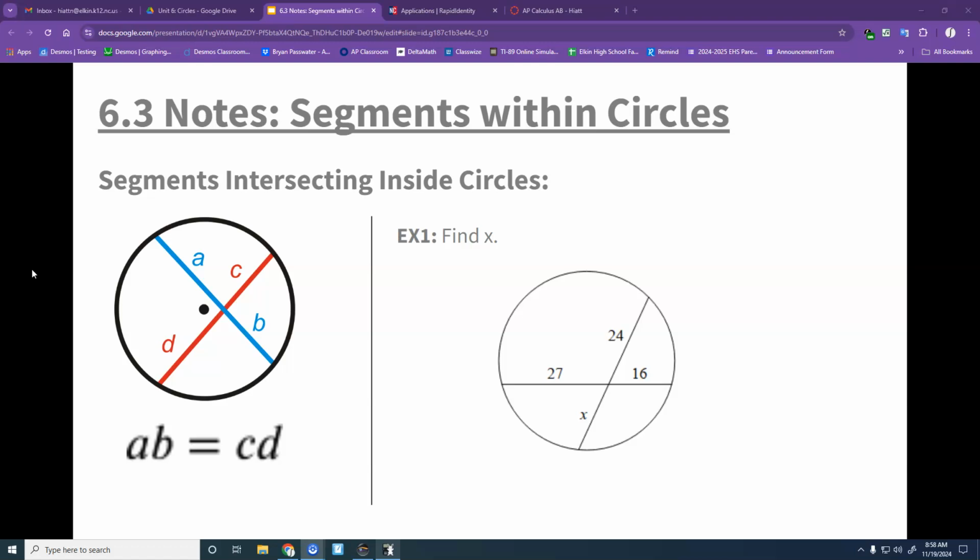You need to ask yourself, is it asking me for the length of the side, or is it asking me for an angle? Because this section here